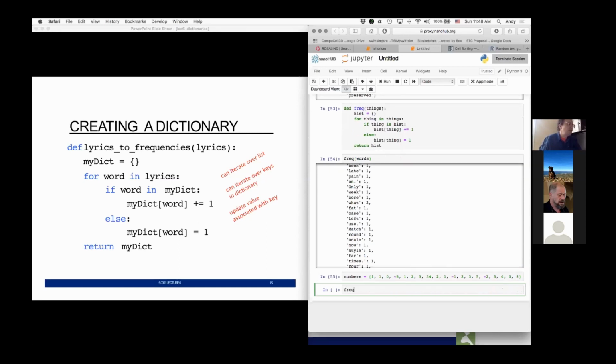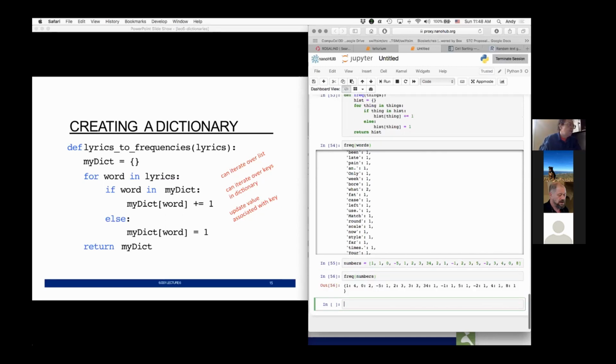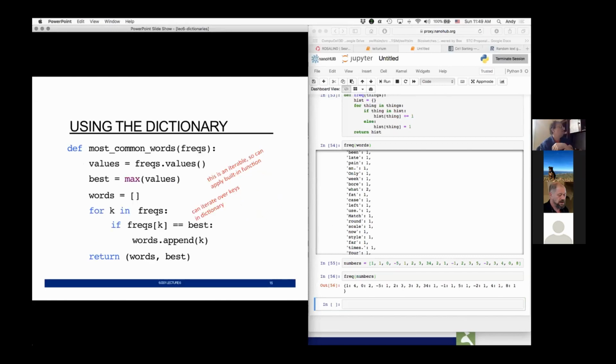And then we can do frequency. Look at that. It makes us a dictionary where we've encountered 1 four times, 0 twice, -1, 3, 34, and so forth. So using the dictionary,